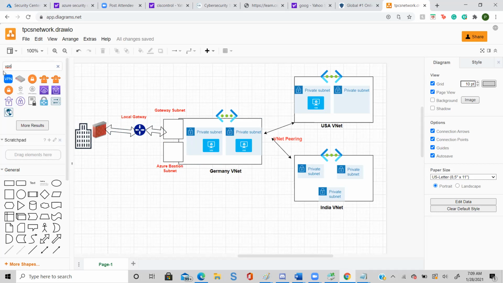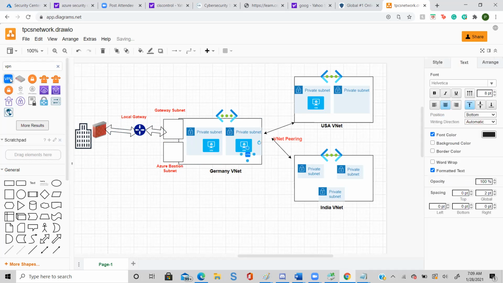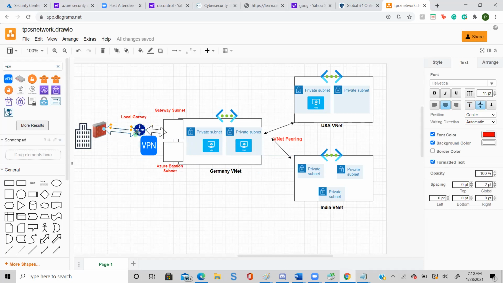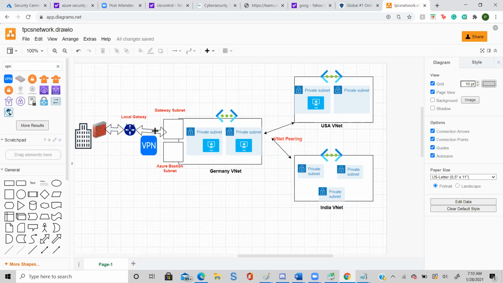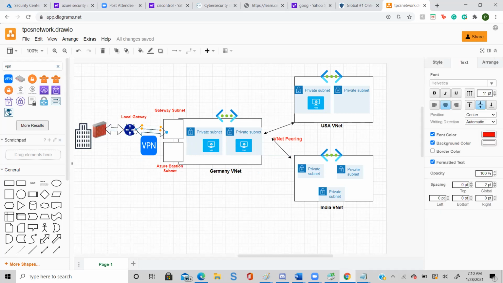Now you have something called VPN. Let me make it a little bit bigger. And this is my local subnet, and then I have the VPN.